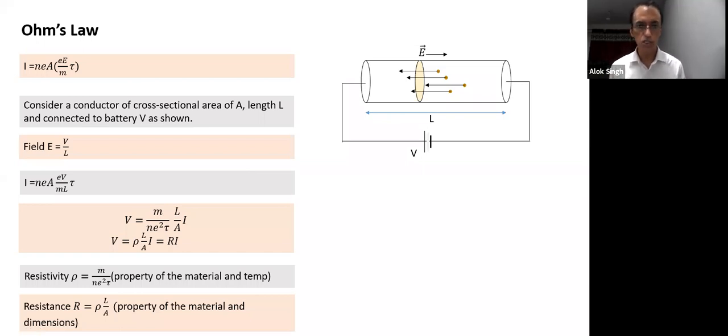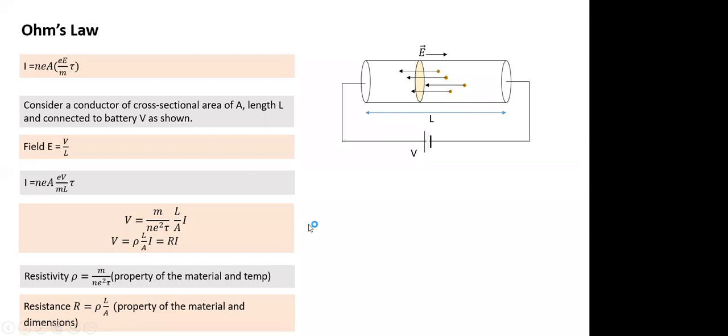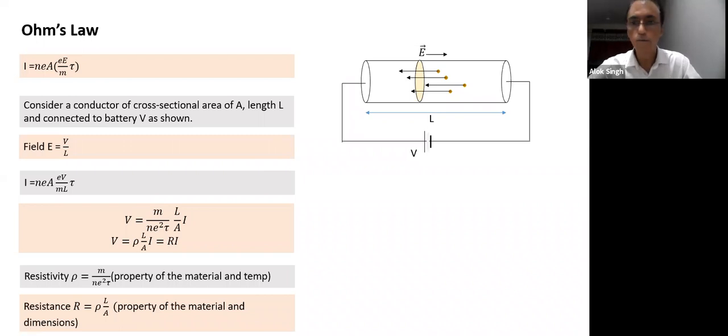So we'll spend some time. Yes, Asha, you have a question? Sir, how can we say that the field will be constant here? Okay, if the area of cross section is uniform, we'll see that also. Why would the field be constant? One reason is of course symmetry. Perhaps what we do in the next 15 minutes will make it easier to understand why the field will be constant, and why, if the cross-section area varies. Here we are taking the cross-section area to be constant. It's a uniform conductor for simplicity.